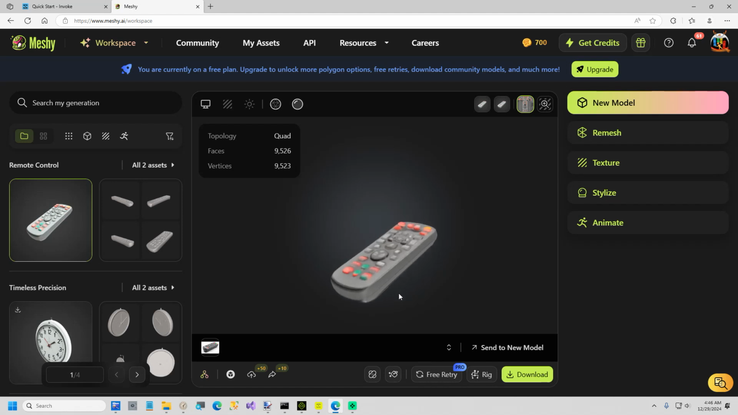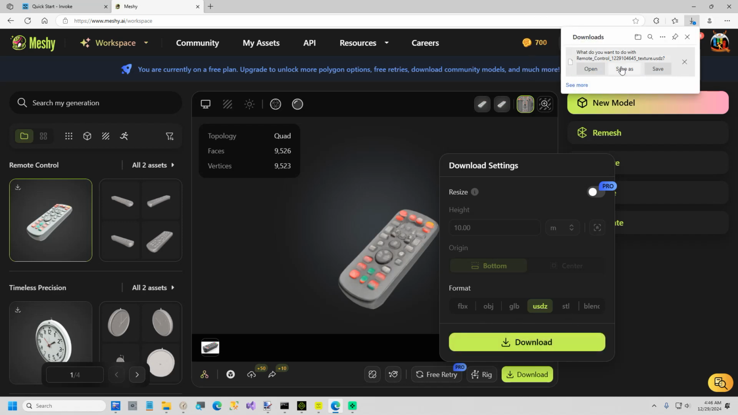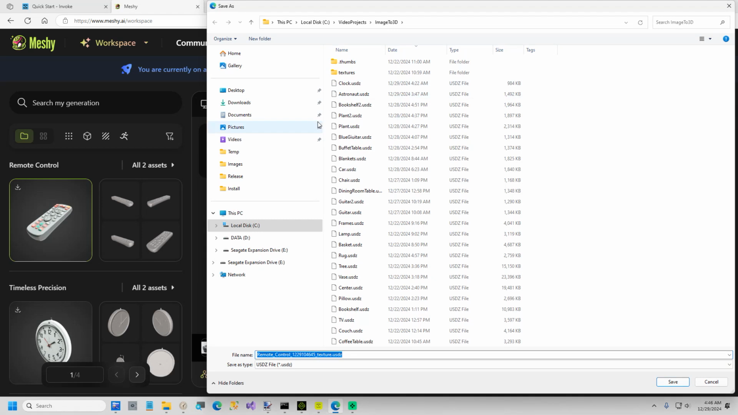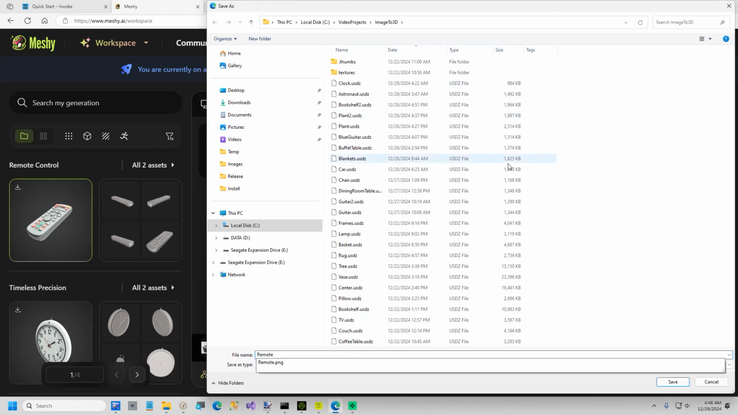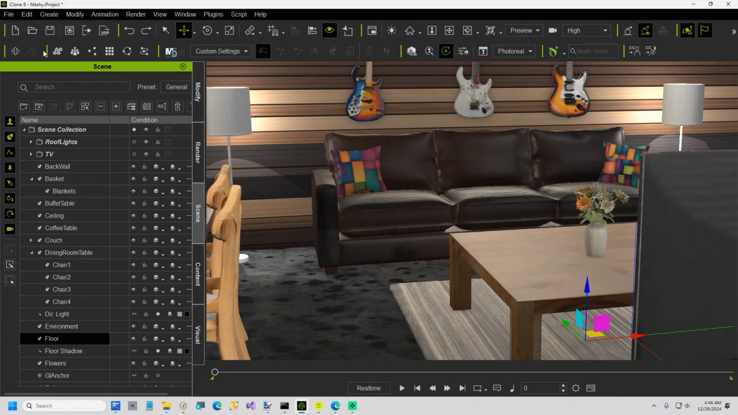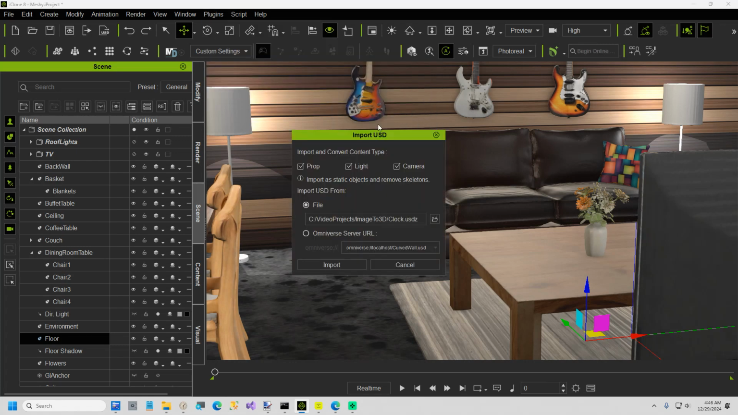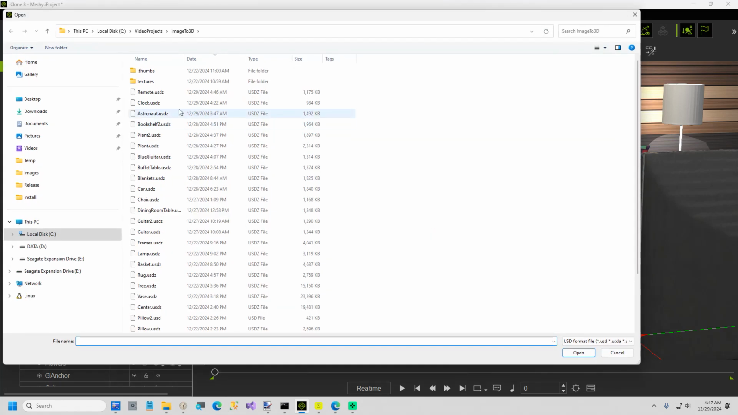All right, so here is our remote control. Again, it's not perfect, but it's just designed to be a little prop, so we're going to go ahead and click on download. I'm going to use USDZ because I have the Omniverse plugin, but there are several formats you can use there. I'm going to select remote, or just call it remote. All right, and back in iClone, plugins, Omniverse, import USD, remote,